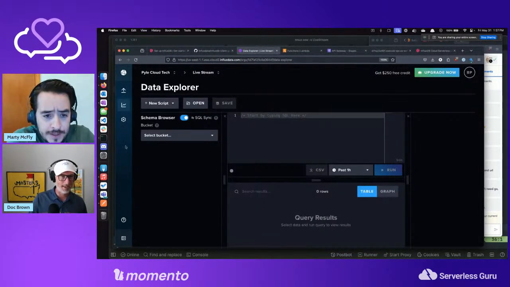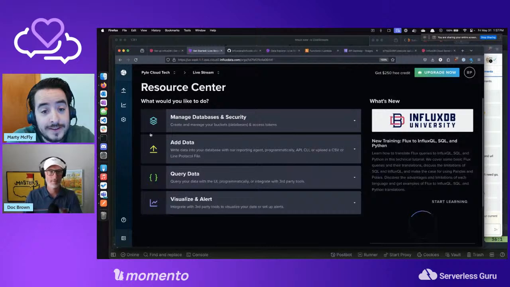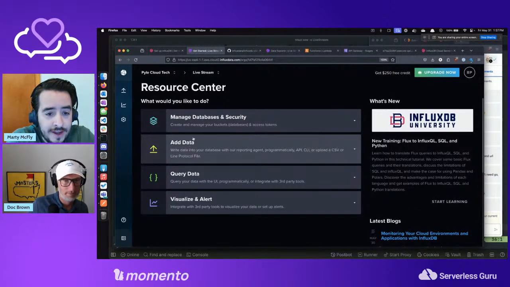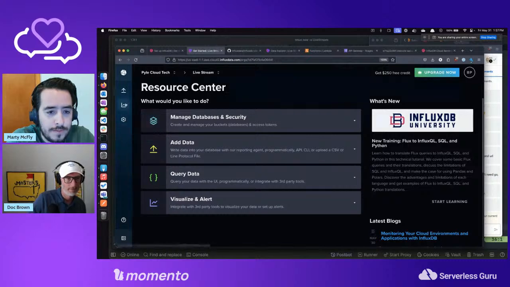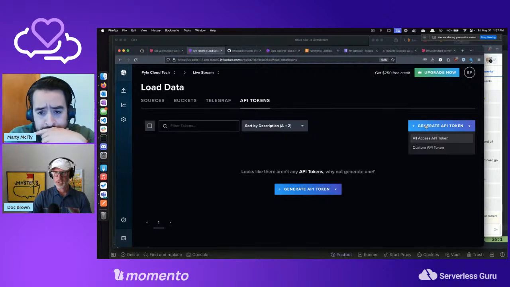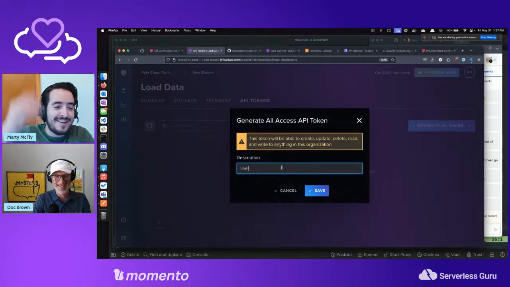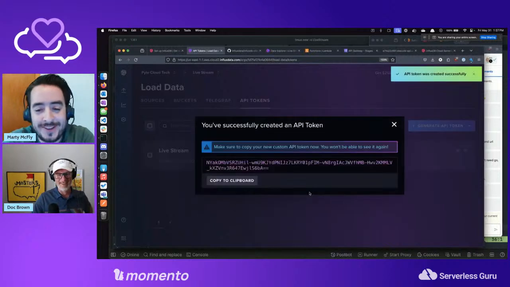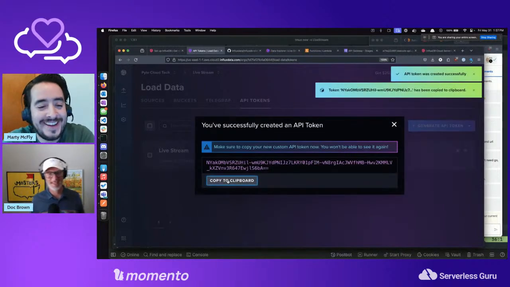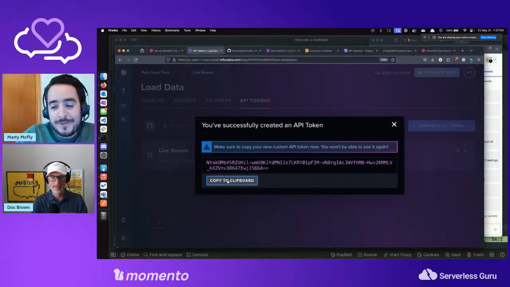So we need an API key, I'm assuming. Oh, there's secrets. Oh, there's API token. I just missed it. On the left side, in the settings thing. No, there was one more. Go up. Up. There's API token. Yes. Generate one. All access, baby. That's what I want. There's no credit card, so the worst that can happen is we run out, and we end the stream early.